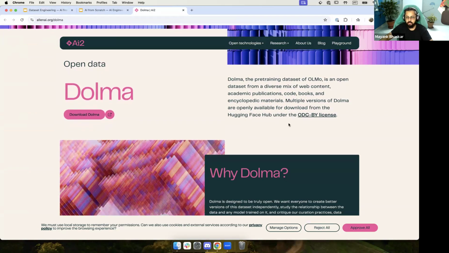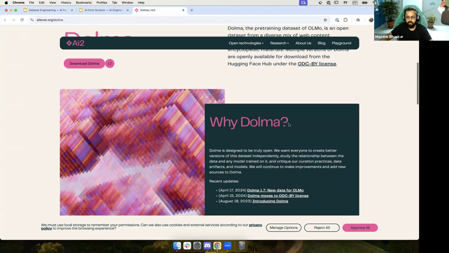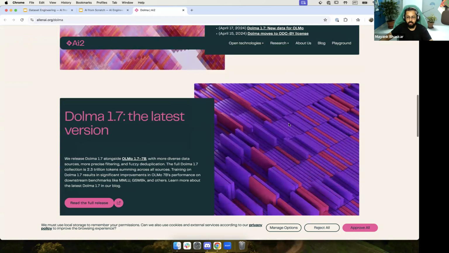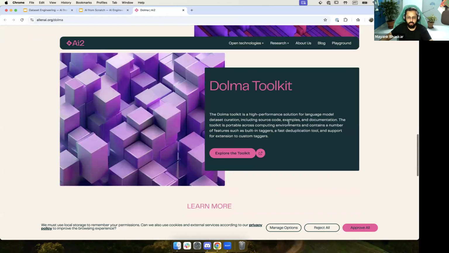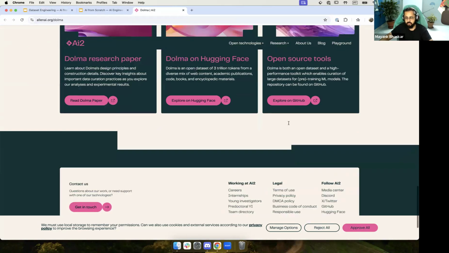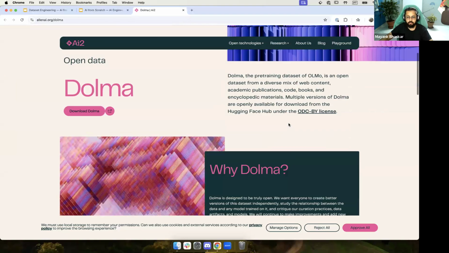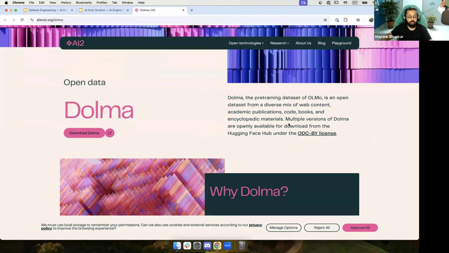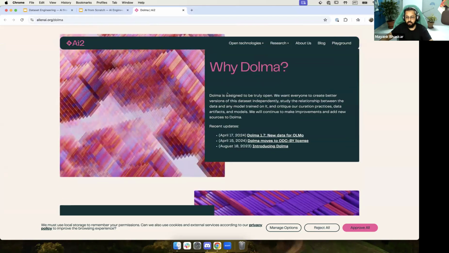It uses Ray for high parallelization across nodes, and you can use the C4 snapshot that is available, and do data deduplication, data curation, and other good things with the built-in taggers.